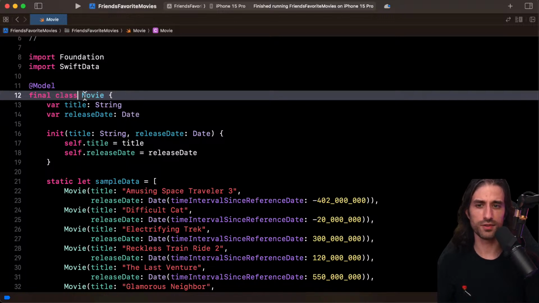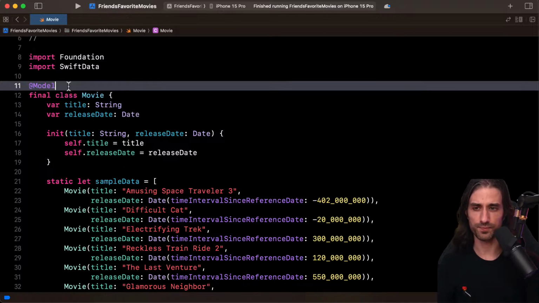So that's what allows this mechanism of if we update one instance in a view, then all of the other places that use the same instance are also updated. It's because it's a class. Data types are reference types in Swift Data. And we saw that there is a good reason for that: since instances are unique, it allows Swift Data to track changes and refresh the data model accordingly, but also refresh the views that consume these data types.